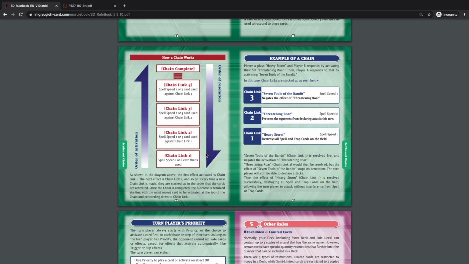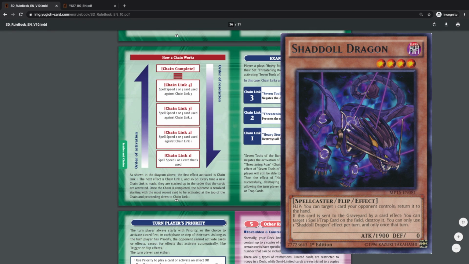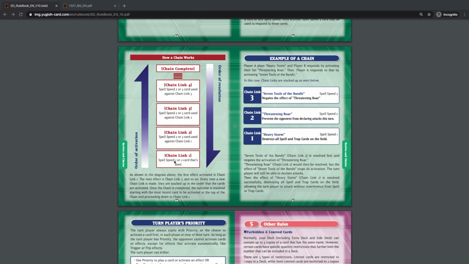A more relevant example would be something like, let's just say you have Red Eyes Dark Dragoon on the field, and then your opponent has a Shaddoll Dragon. With this example, I want to go over how you can't just activate effects willy-nilly. You have to follow the chain, and then once the chain is finished resolving, then effects can activate. So for example, with the Red Eyes Dark Dragoon, you activate the effect to send the Shaddoll Dragon